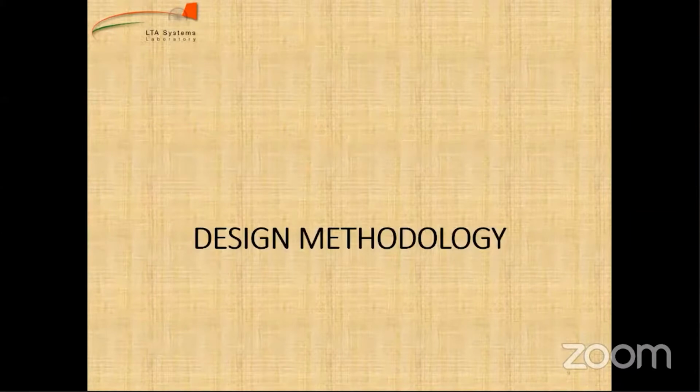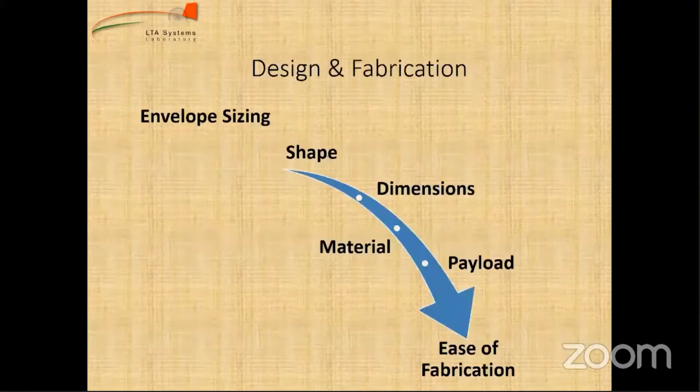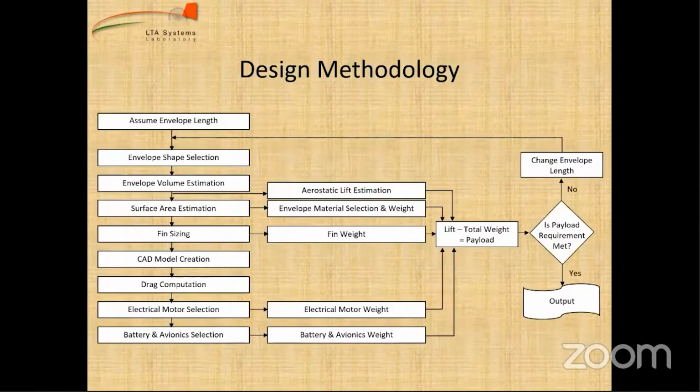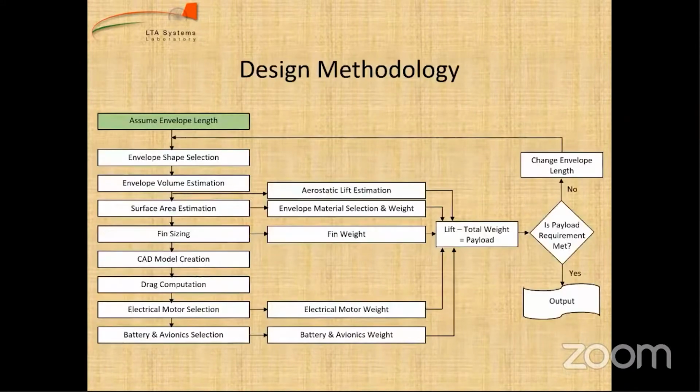So then comes design methodology. This was also explained in the past. We are using an iterative methodology that is generally used. So we start with assuming an envelope length. We have assumed 3.5, which is a respectable value less than 4 meters, correct? Then we start with